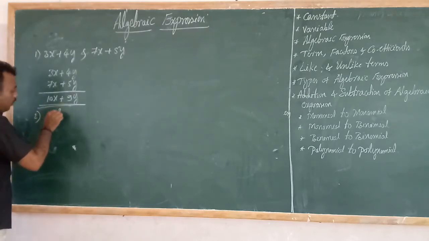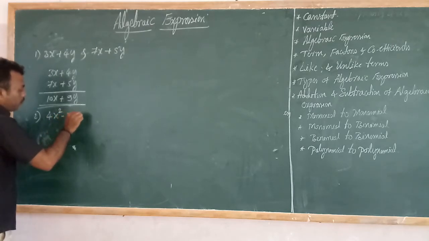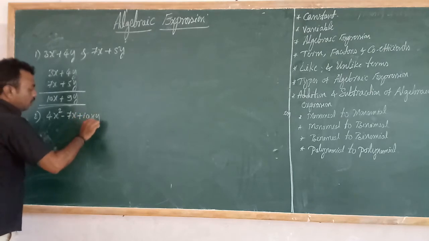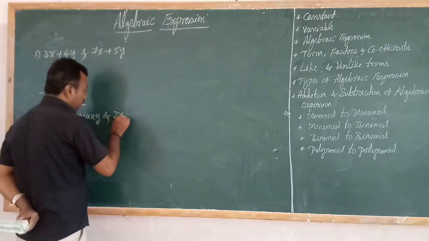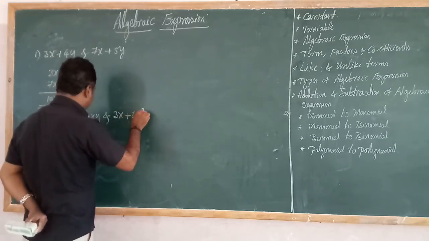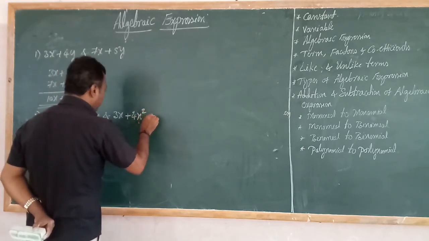4x square minus 7x plus 10xy and 3x plus 4x square minus